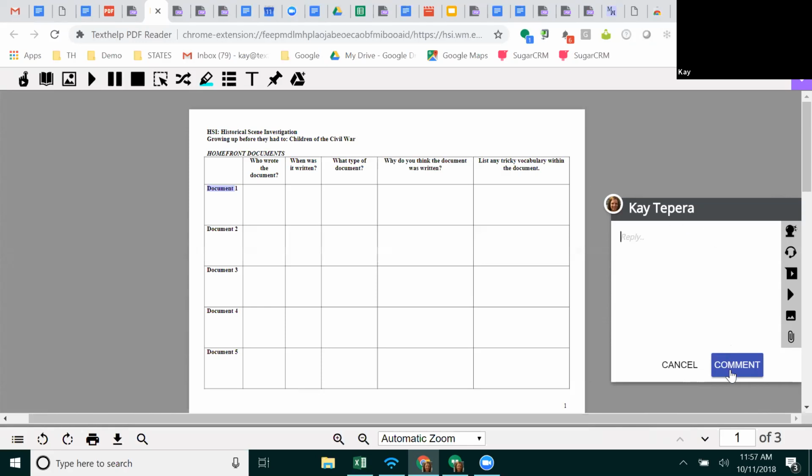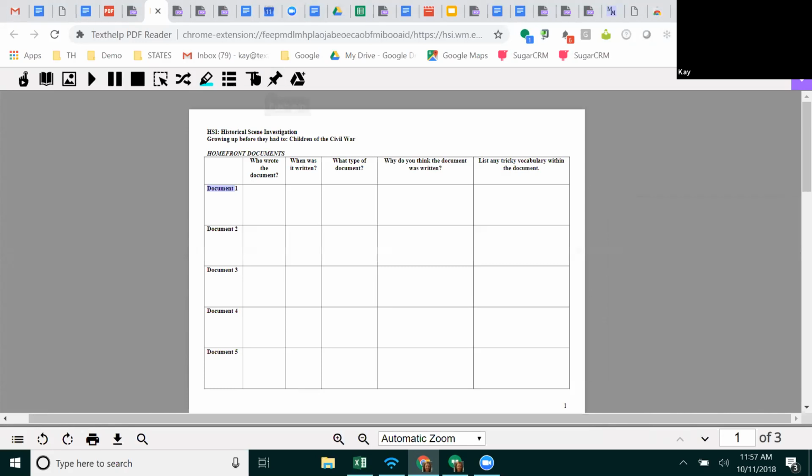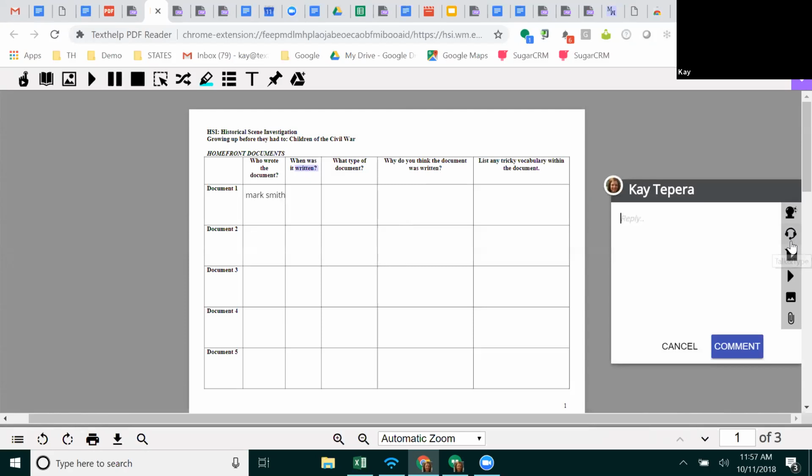So for example, let me move some of these things out of my way, y'all. Hang on a second. Okay, so let me cancel this. Let me come back into this document. Let me type back in Mark Smith. And so I'm happy with the words Mark Smith and move that back in there. But now I would maybe like to use the speech input feature. So maybe for here, when it was written, I could come over here and record